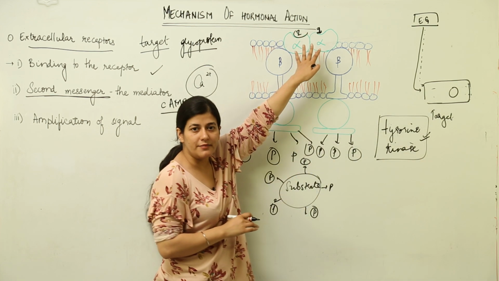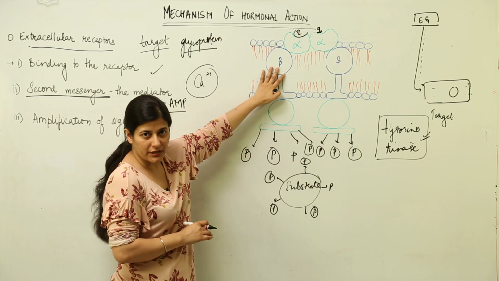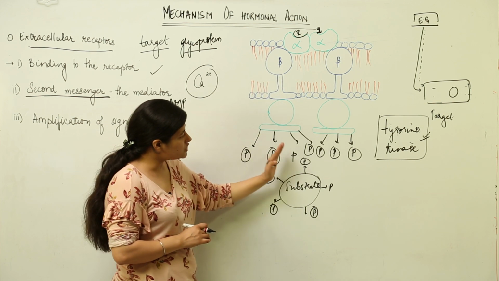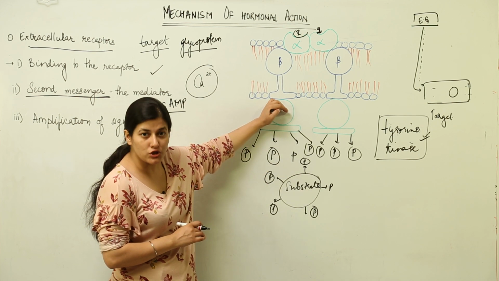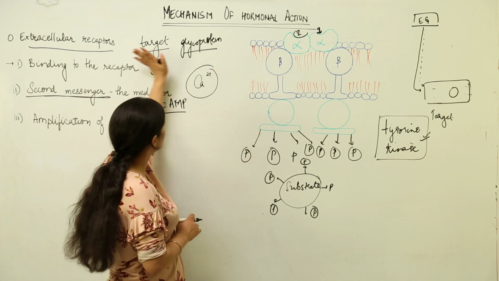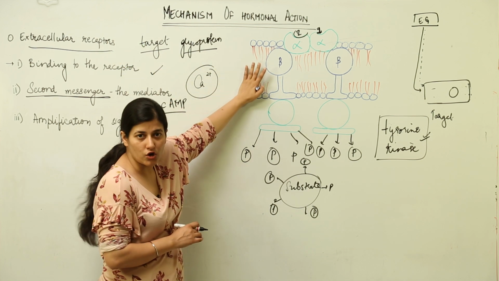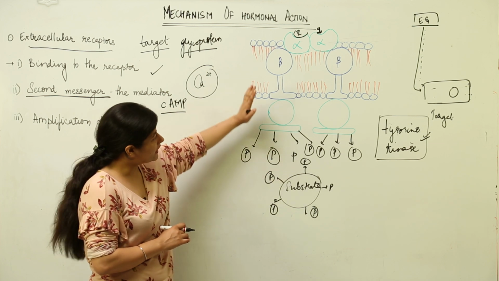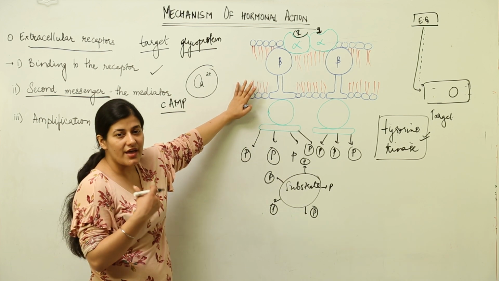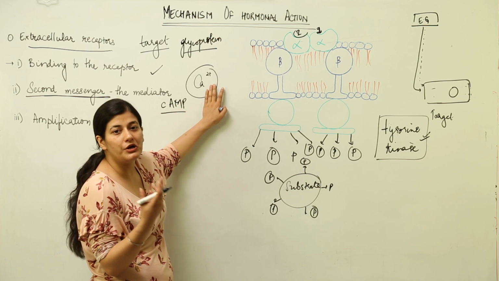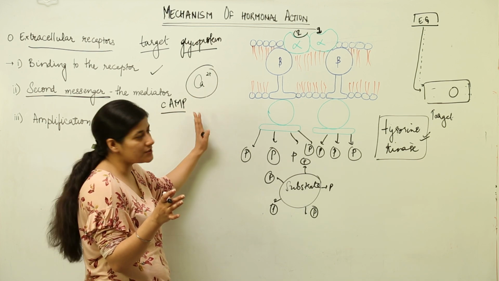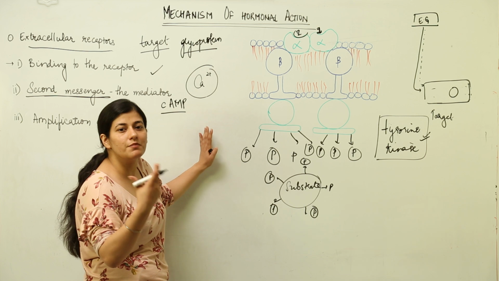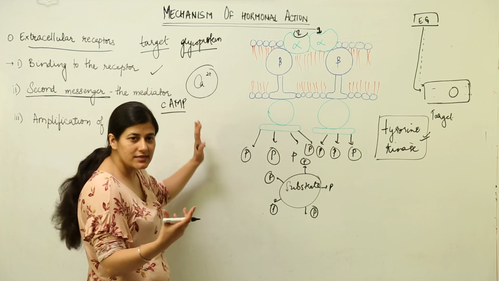As soon as the hormone comes and binds with it, it undergoes a conformational change which enables addition of phosphate to the cytoplasmic domain of the extracellular receptor. This is a glycoprotein basically. Now when this phosphate addition and the conformational change have taken place, there is release of calcium ions from the endoplasmic reticulum. These calcium ions are going to bring about many metabolic changes. Again a cascade effect would begin.